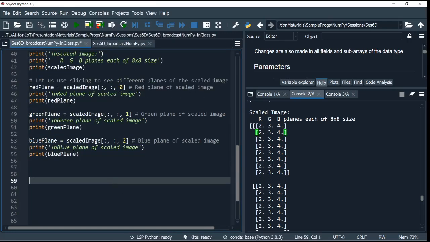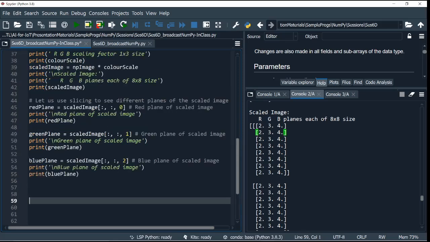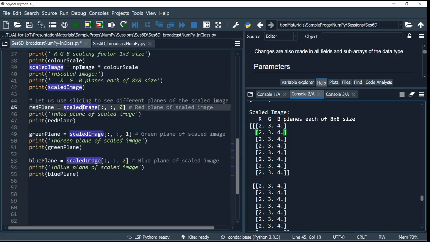What I am doing is scaling the image. In the scaled image, these values are already filled in. I have already scaled them. These are the values I have, but I want to show only red, green and blue. As I mentioned, I need to slice with 1 and 2 on all the elements of the 8 by 8. Then from the scaled image, I get the green plane, blue plane and red